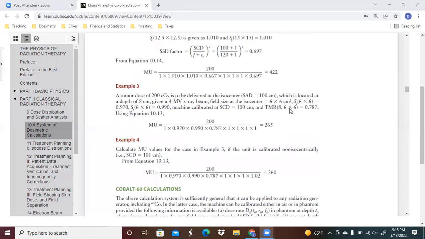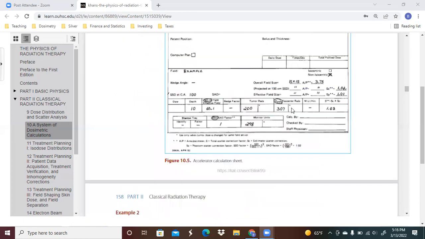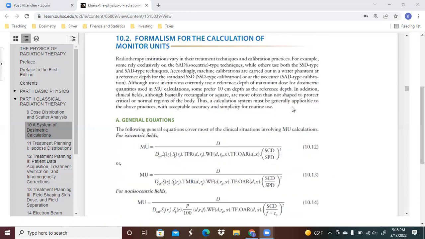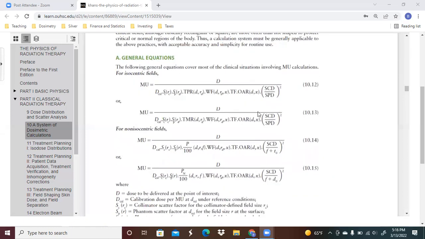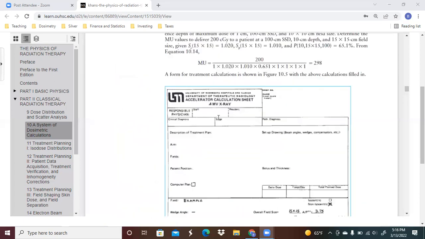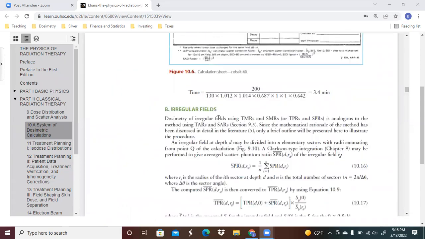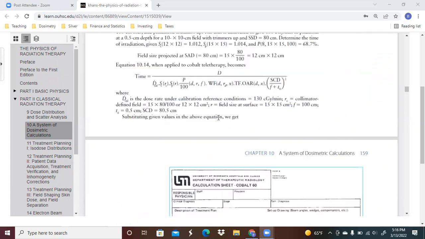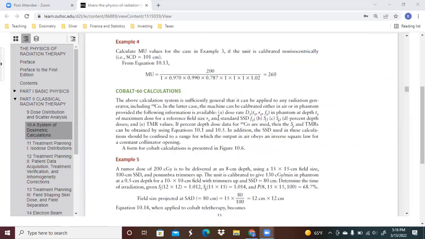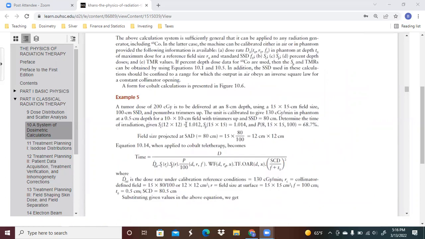So this is going to be 4 examples of using these formulas up here. I will come up with more and I will put them in for you to work as a homework assignment. Now, after this, we're going to be looking here at some examples for cobalt 60 calculations. So we're just going to do